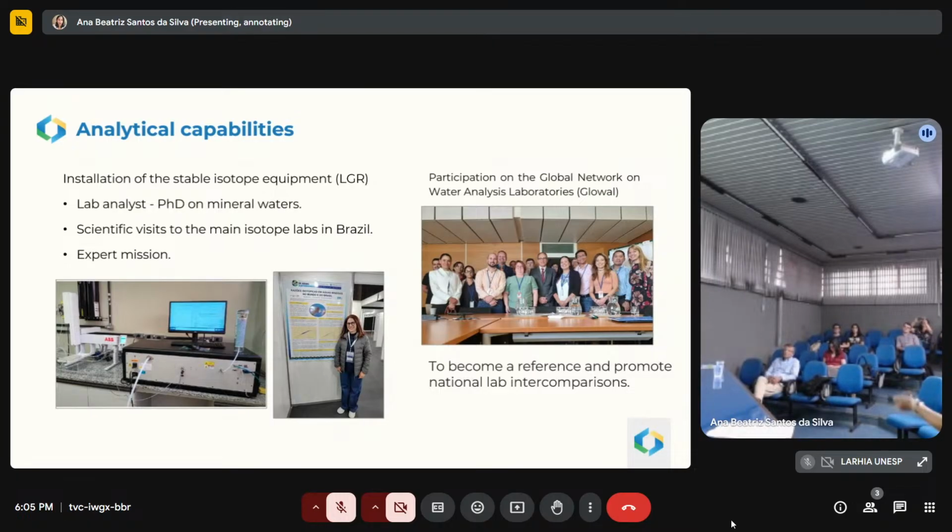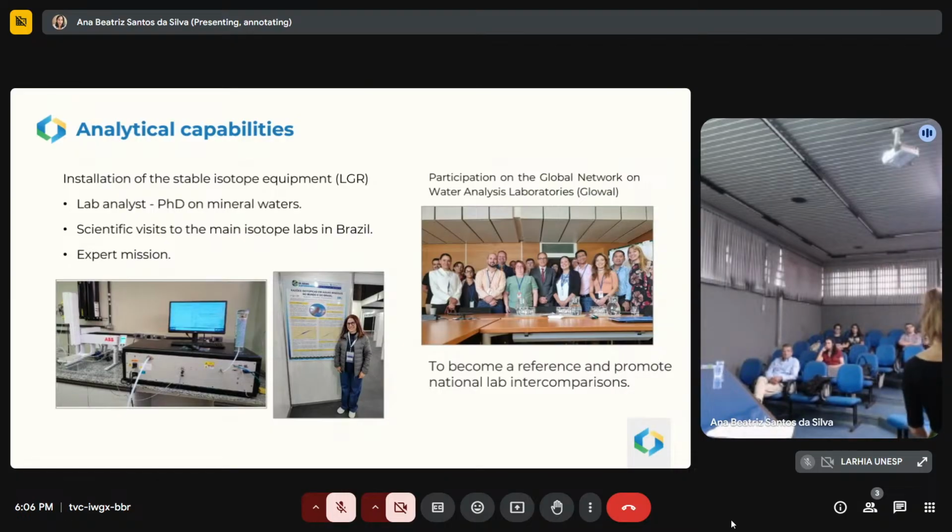So we just had this expert mission from an expert from Argentina. Mauricio Quiroz came to give this training on the LIMS and evaluate the situation of the equipment and all this, also with support of the IAEA. And we are looking forward to participate in the Global Network of Water Analysis Laboratories, GLOWAL, also an IAEA initiative. And we want to become a reference and promote national laboratory intercomparison, because we see